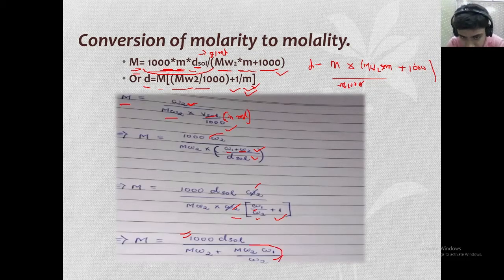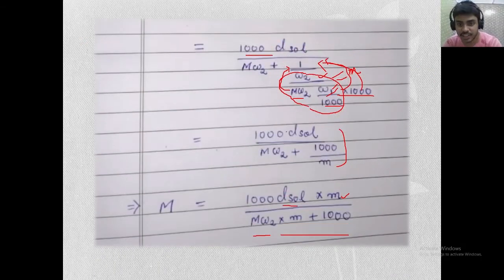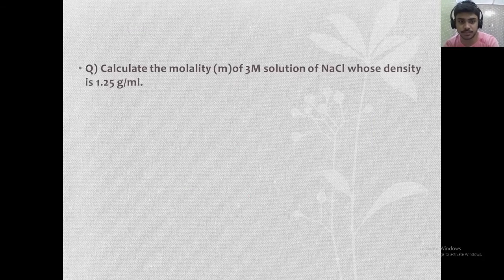Now I will just multiply and see what happens. I have got some form here. W2 by MW2, if you imagine, that is the number of moles of the solute, and also W1 is here, meaning the weight of the solvent. So you have got all the things, you calculate and you get the molarity. If this question comes in the exam and you don't remember the formula, then it will be very difficult if you don't have the idea to take out the molarity and molality conversion formula. So let's see next a question from this conversion.